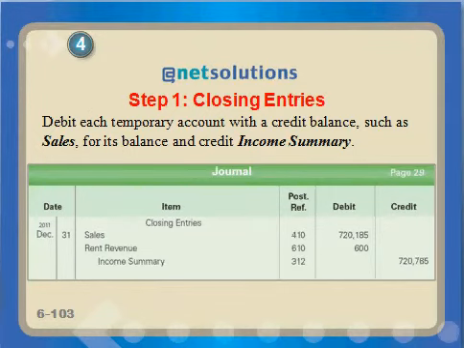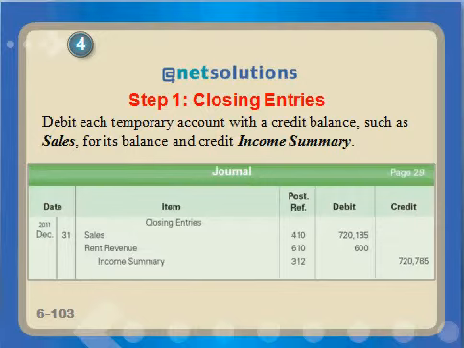Okay, in this section we're going to talk about closing entries, and it says we're going to debit each temporary account with a credit balance such as sales for its balance and credit the income summary. So the process is actually the same for a service business and for a retail business, but it does get a little more complicated because sales has a credit balance, sales returns and allowances has a debit balance, so it's almost like an expense,